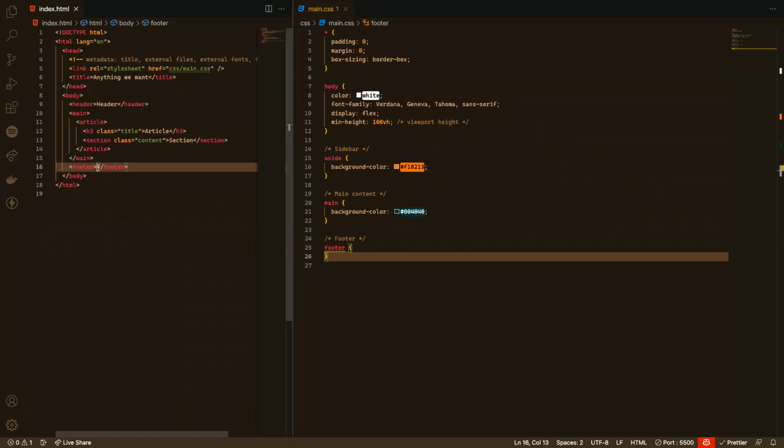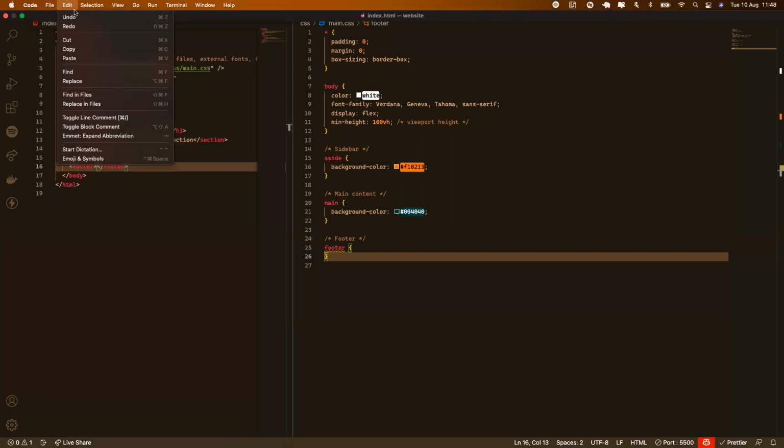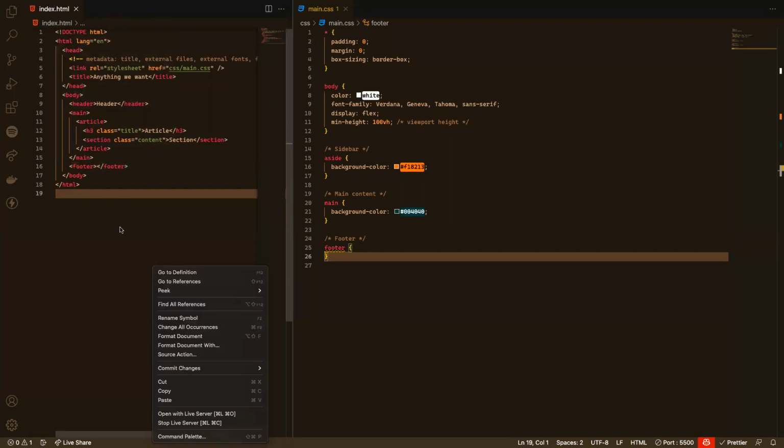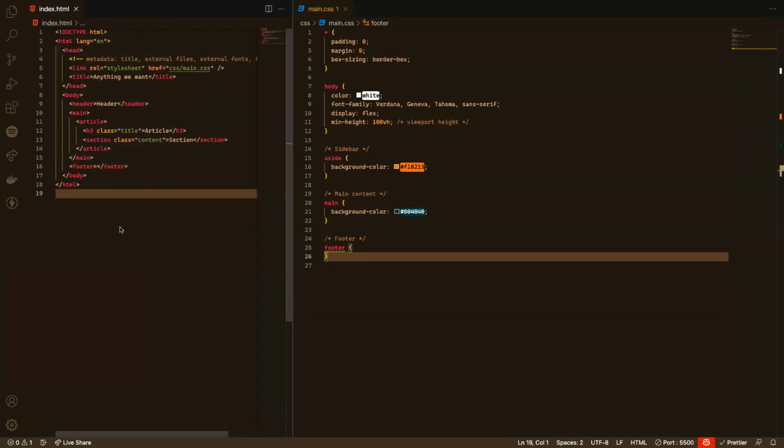How do you redo? What's the shortcut for redoing? Edit, redo, control, command Z. No, okay, not working. No, no, no, it doesn't. It doesn't work for this one. Okay, so